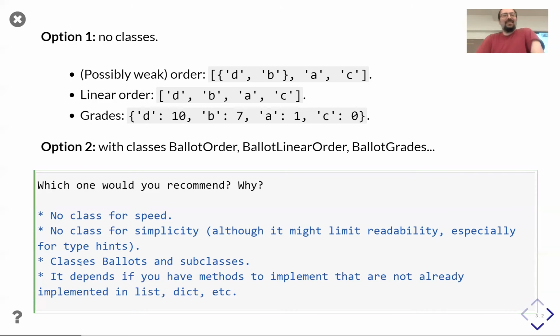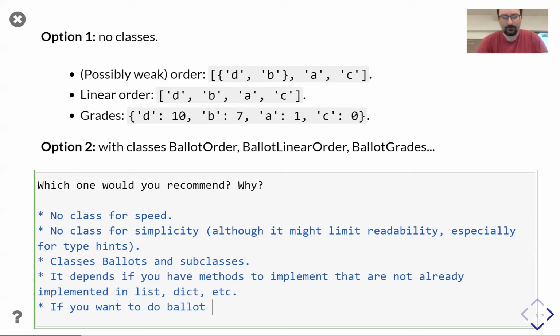What I think also is that if you want to transform a ballot into another class of ballot, then classes may be required for that. So if you want to do ballot conversion from one type to another, okay. Maybe. In the end, the big question is who will be in charge of the dispatching of the ballot type?